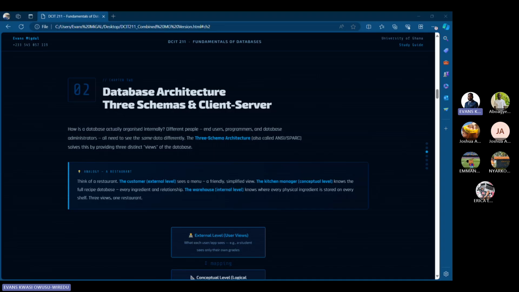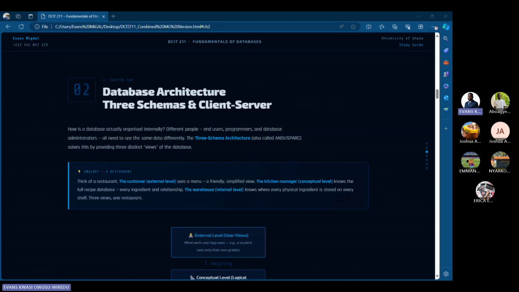Now let's link the data to it. So I was talking about the structure of a house, the architecture, the walls, rooms, as you can see in the building. This is the framework, the skeleton. For a database, architecture in this context is how the data is organized inside. Now, are you getting it? Are we following? When we talk about architecture in relation to a database, we are talking about how the data